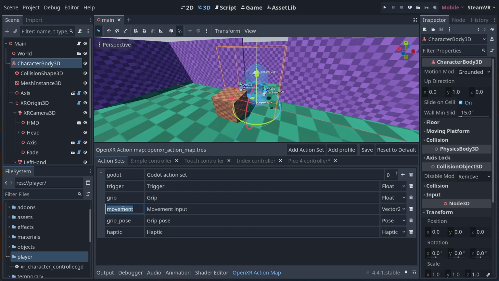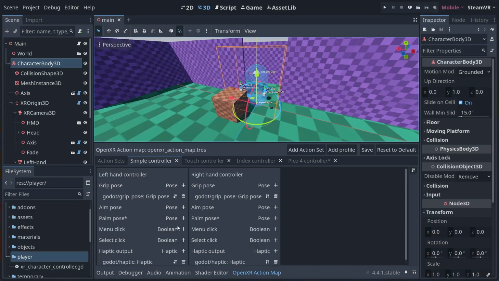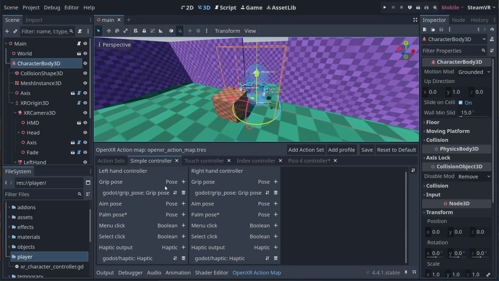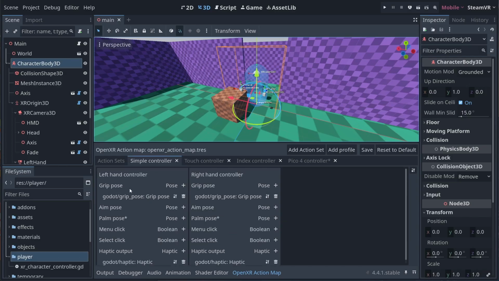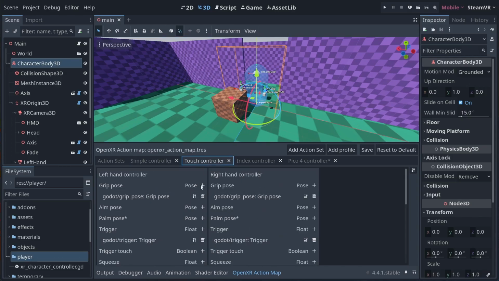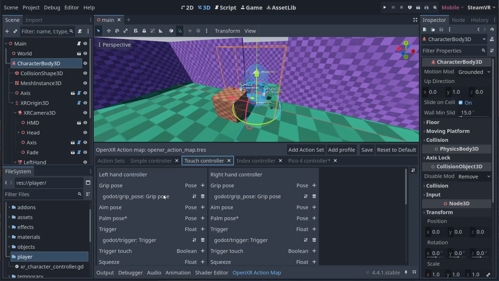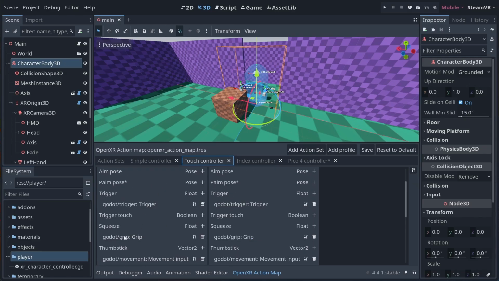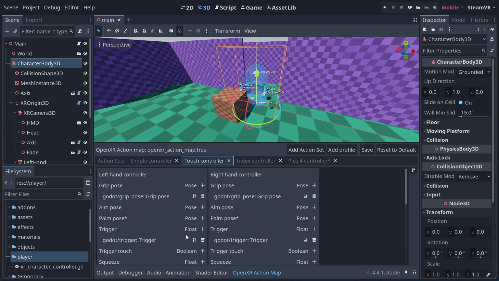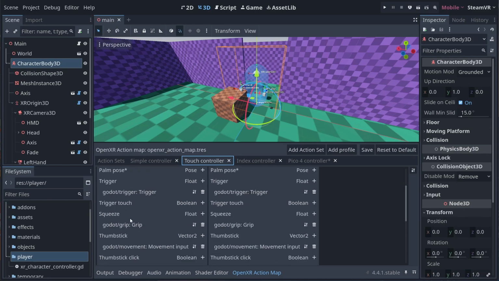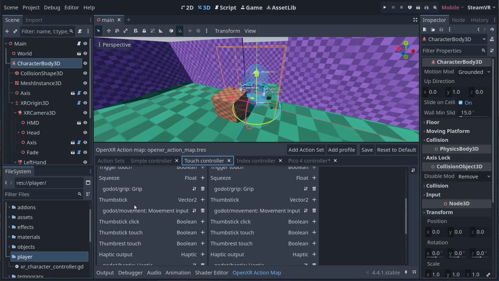The other tabs allow us to configure our actual controller bindings. We always need to configure our simple controller, even though it is inadequate for most XR games. However, every runtime supports it, so it gives you the option to fall back and do something sensible. Next is the profile for our touch controller. This is the profile that will be used by my headset. According to OpenXR, you should only include profiles for hardware you've actually tested your game on, and rely on runtimes for other hardware to mimic one of the profiles you provide.